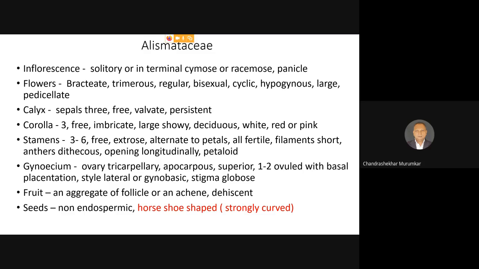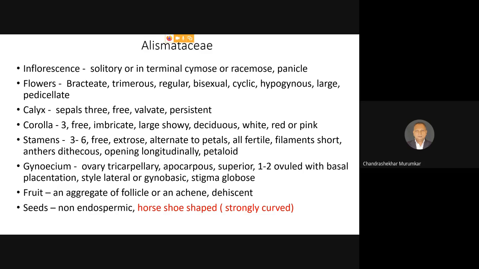So because the carpels are free, the fruit which is formed is always an aggregate. That is, the carpels are free and the fruit is a composite fruit. And this composite fruit is called an aggregate of follicles, or it may be an achene. When the fruit opens up by vertical slits, it's called a follicle. Or it may be a dry, hard nut form and it's called an achene. And the fruit may be in a dehiscent form.